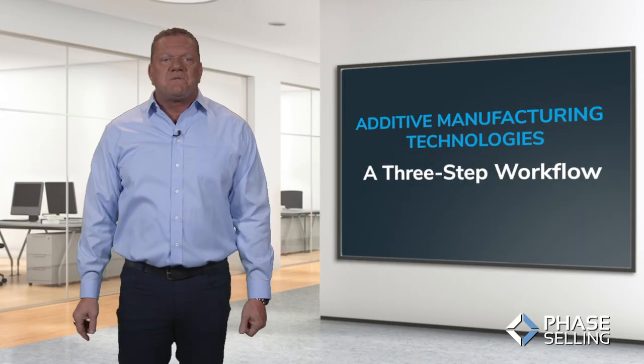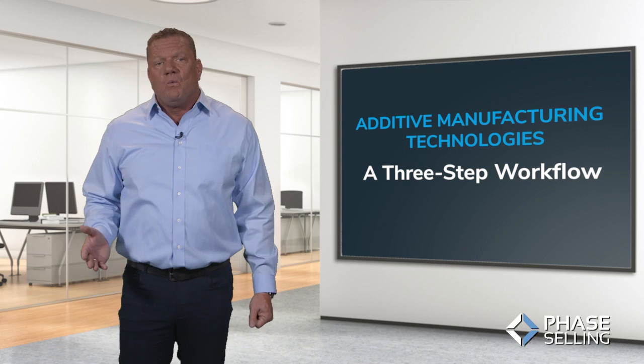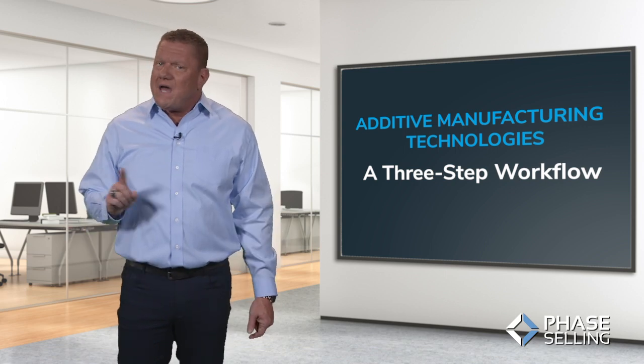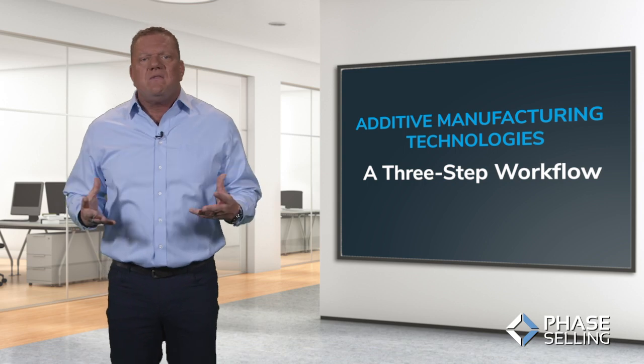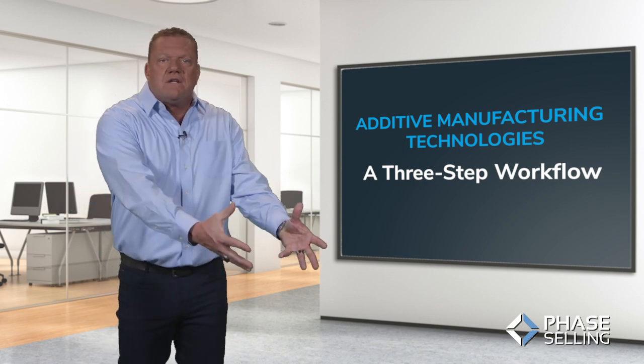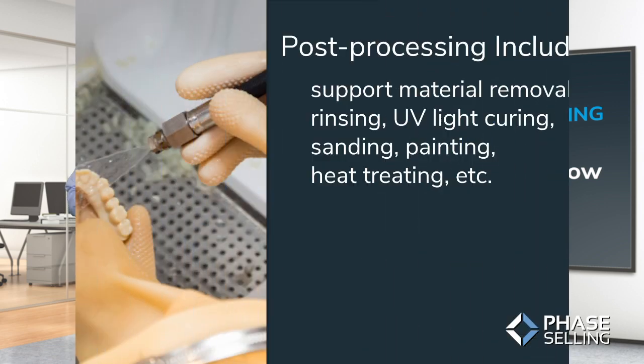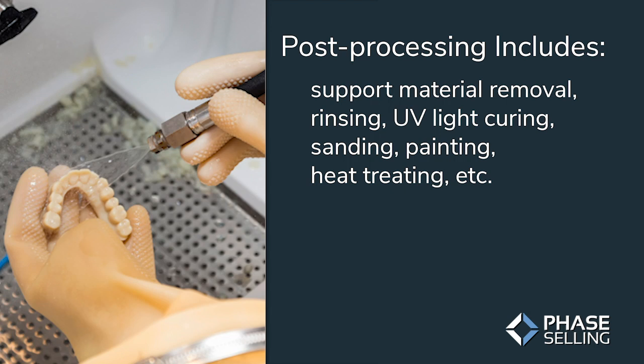Once the part has finished printing, post-processing will likely be required, but not always. Put simply, post-processing is anything that is done to the part after it is removed from the printer. Post-processing could include a broad range of tasks, such as support material removal, rinsing, UV light curing, sanding, painting, heat